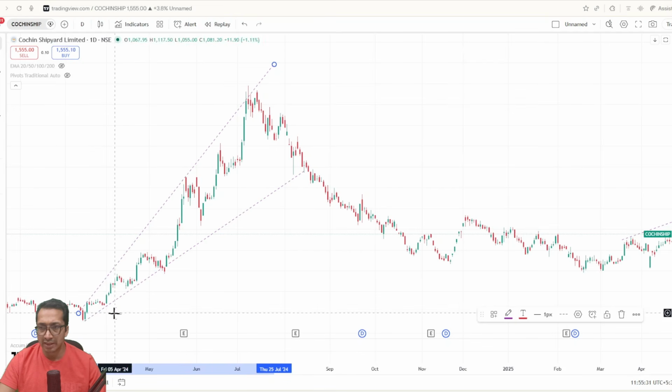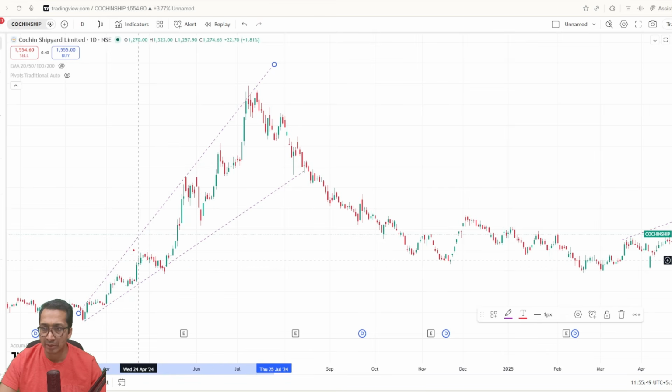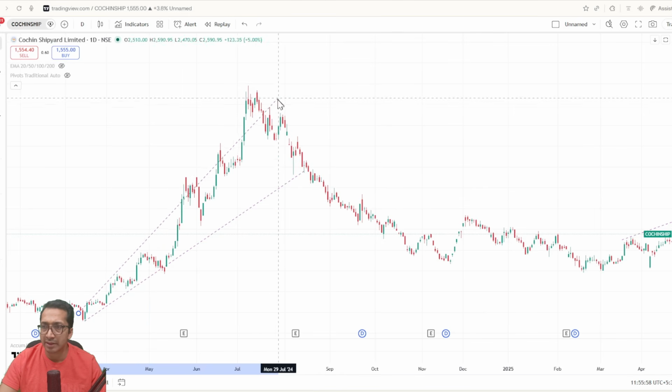So now the channel got created from here. Suppose I was at this point of time. Then what kind of channel will I create? I will create a channel based on this graph, because I will not have this graph at that point of time. So suppose I am talking about this point of time. At this point of time, what I will do, I will create a channel which will be like this,